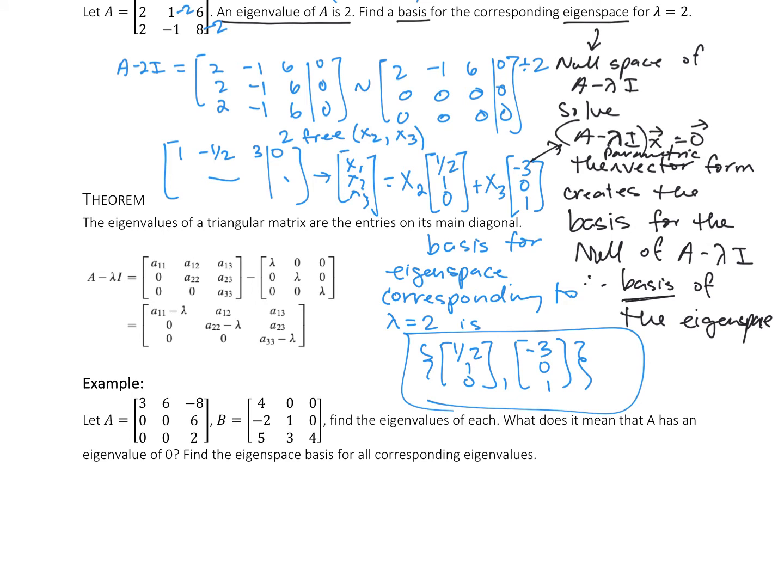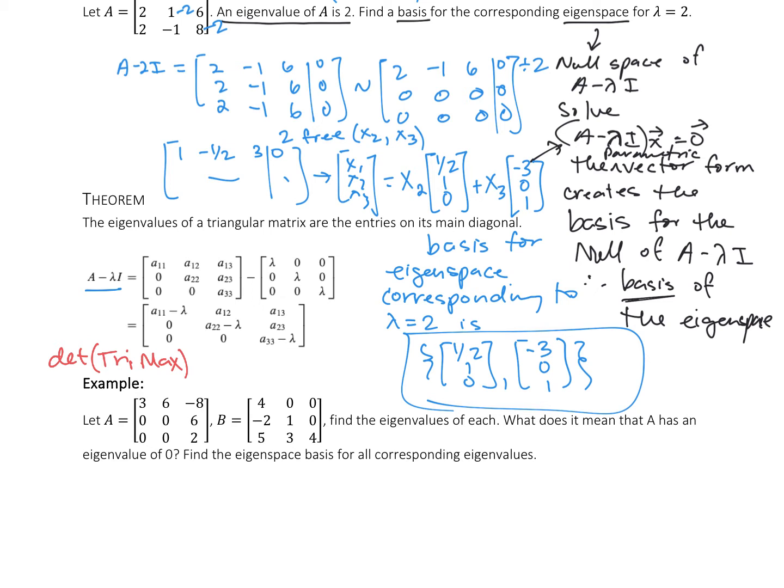Now we're going to make use of some really exciting things, and that is our idea of triangular matrices. Remember, a triangular matrix is one where either everything above the main diagonal or everything below the main diagonal is all zeros. And if we take this idea of A minus alpha I, and remember that if I have a triangular matrix, the determinant